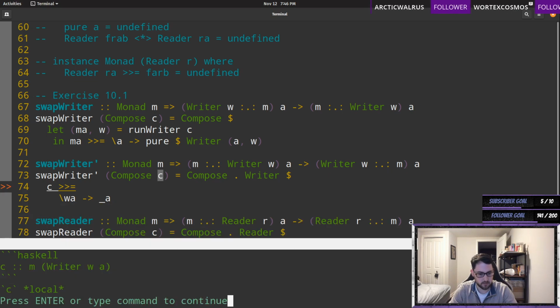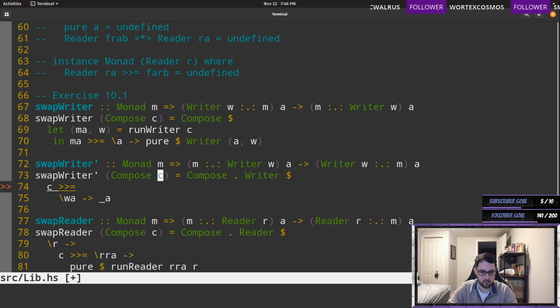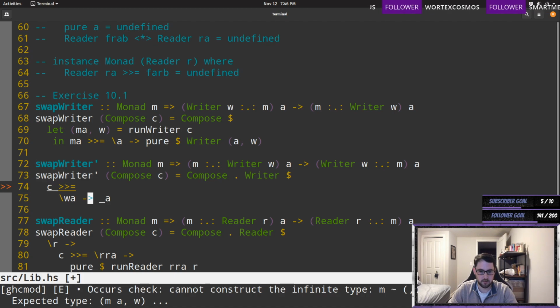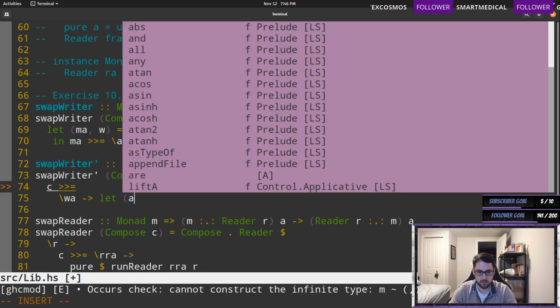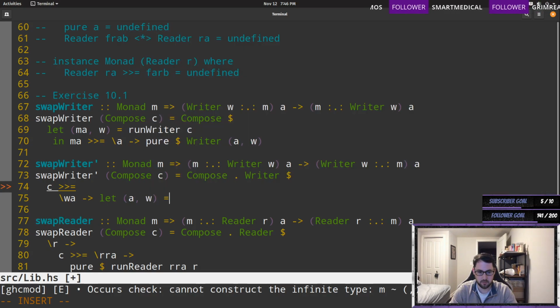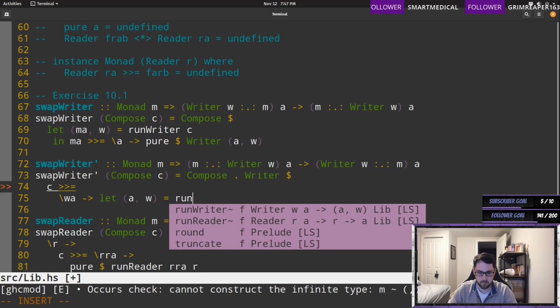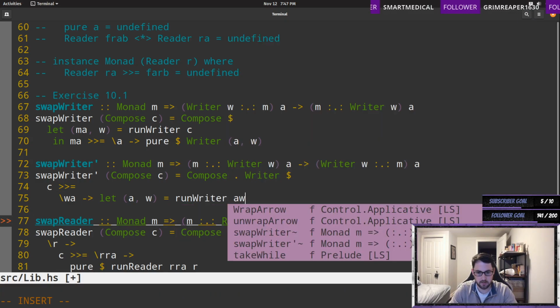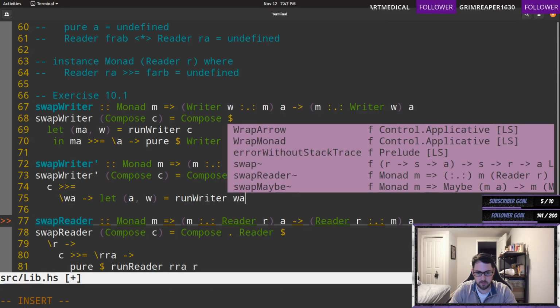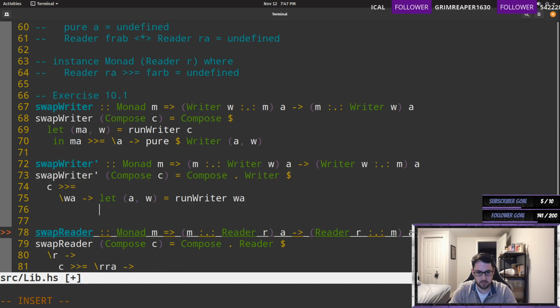Oh, wrong one. Gotta get used to that. That's a Writer A, which if we have A, W equals one Writer A, W, A in